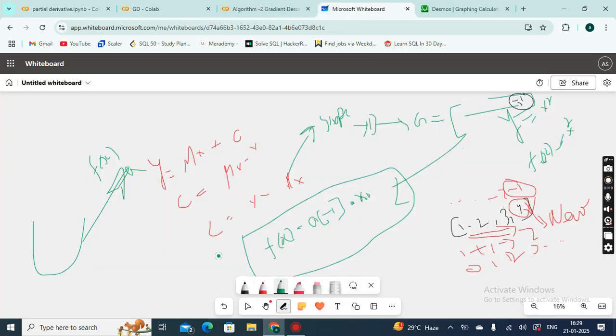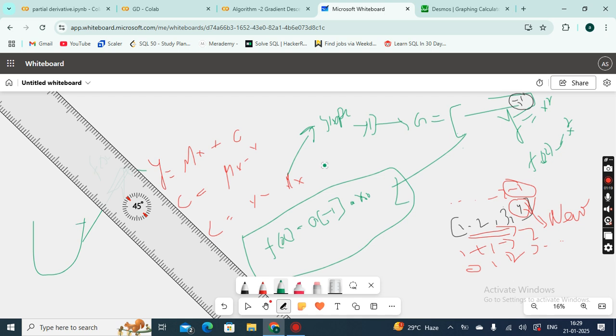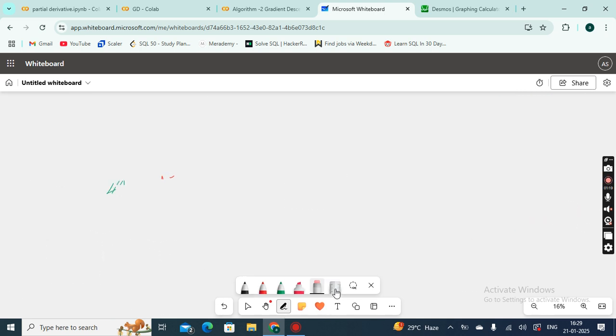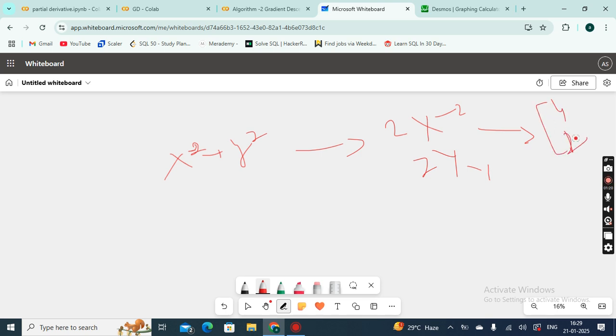Now we will be working on this function. Let me just clean everything out from here. I will be taking one function, x square plus y square. Okay, so the partial derivative we know will be 2x, 2y. Now if you put some value, let's say x is 2 and y is 1, you get 4 and 2 as the